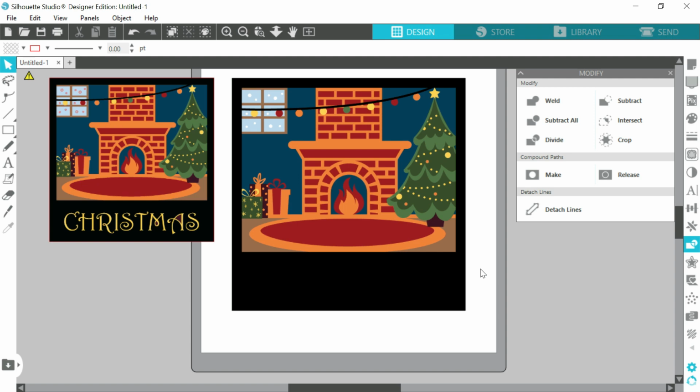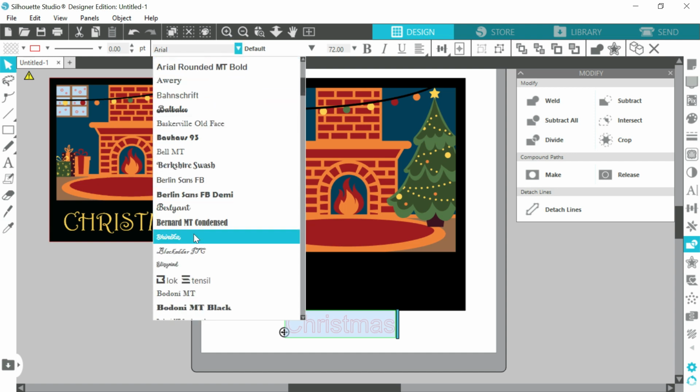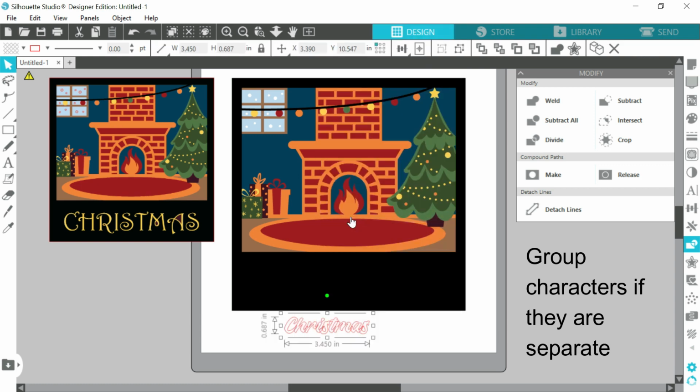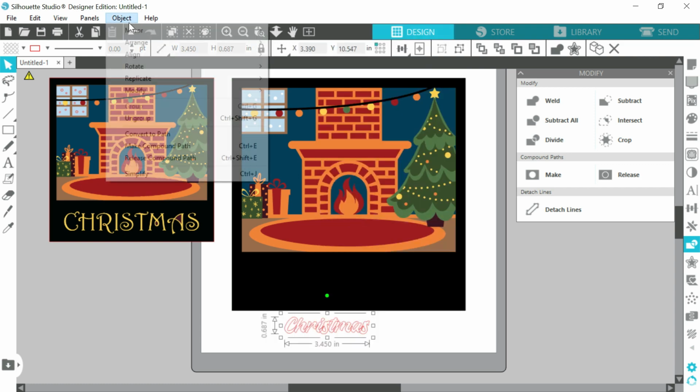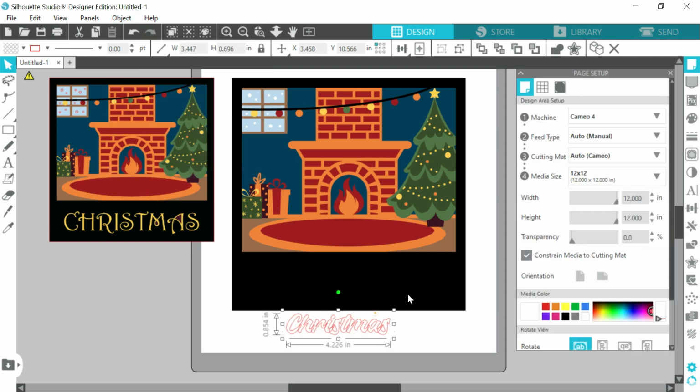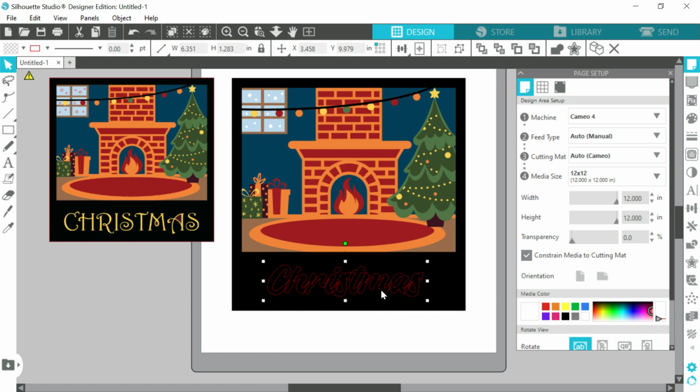Then we can try another style. This time I will cut the text out of the layer directly. So again, use the text tool to type the text. Choose the font that you like, then convert it to path and group them together. Remember to simplify the text path when you use a handwriting font. Now let's imagine, if you subtract the text from layer 1, you will see it in the color of layer 2. If you subtract the text through layer 2, you will see it in the color of layer 3.